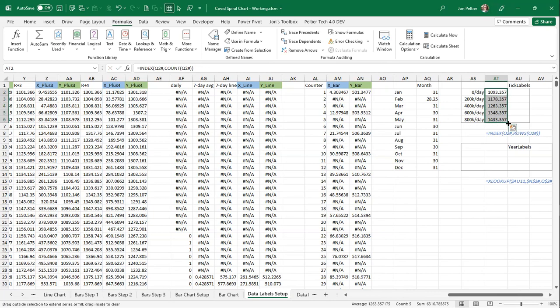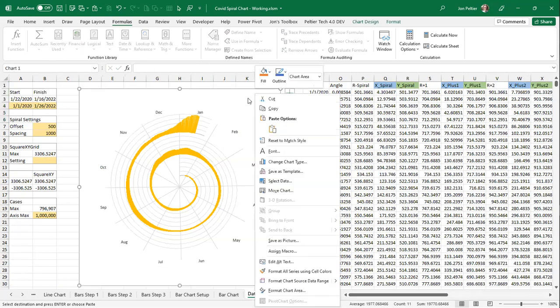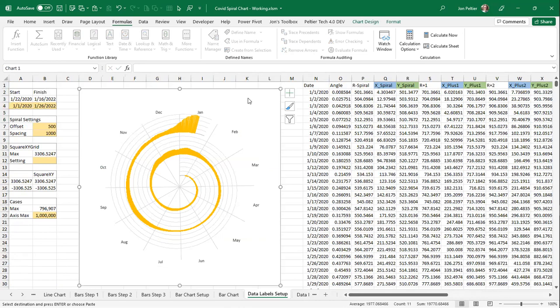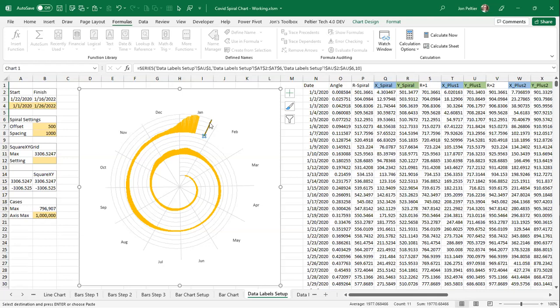And I'm just going to drag over, and it'll give me my Y values. And I'm going to copy my X and Y values. Copy. I'm going to come way over here to my chart. I'm going to do Alt-ES, new series. Okay, those all look good. And here's my new series. I'm going to add